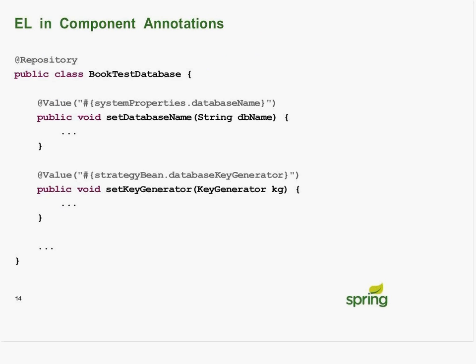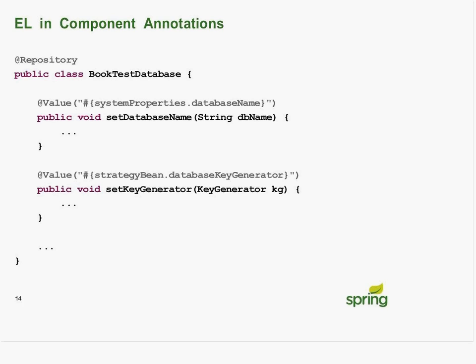Quick side reference. If you wonder how to integrate Spring expressions or references to text-based configuration structures where you typically will use string expressions to refer to them, we have an @Value annotation. So in this little example here, the @Value annotation is going to be resolved. The expression in there is going to be resolved every time we're creating an instance of that bean. It's kind of an injection annotation, but it doesn't say match a target bean by type, which is what @Autowired does. It says please inject a piece of